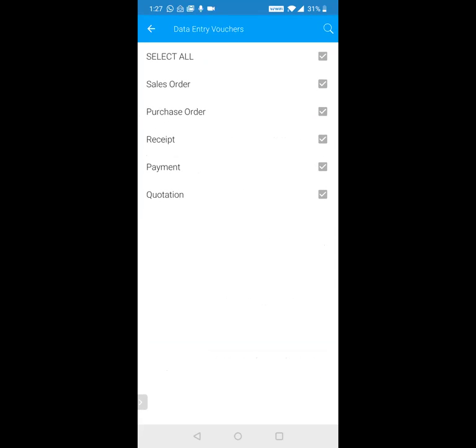Next is the voucher entry. So whether he has the permission to create which orders from the mobile application. So let's say you've only given him permission to create sales order, receipt, and quotation. He will not be able to create purchase order and payment entries from the app. However, payment is an interesting thing that you can give him the permission for if you are tracking the expenses made by your salesperson. Even for your use case, you can put all the expenses as payment in Tally, and then you can decide whether you want to book those entries or not at the end of the month. It becomes a good way to track your expenses.